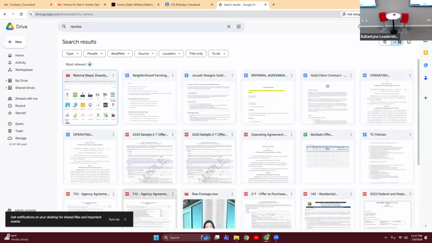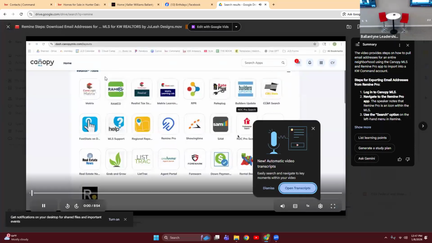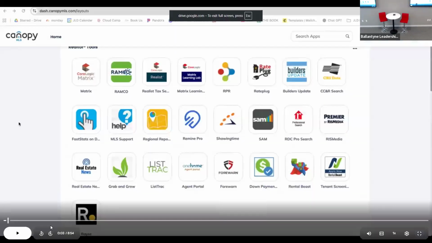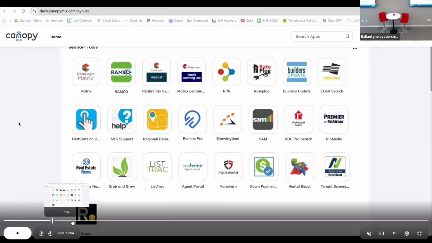What you're going to want to do is log into the MLS. I'm going to show you what those steps are. I have a recording of it because I don't have access to the MLS. So you're logging into the MLS and you should see these apps, correct? And we want to go to Remine, so Remine Pro, this one right here. Once you click on that Remine Pro,